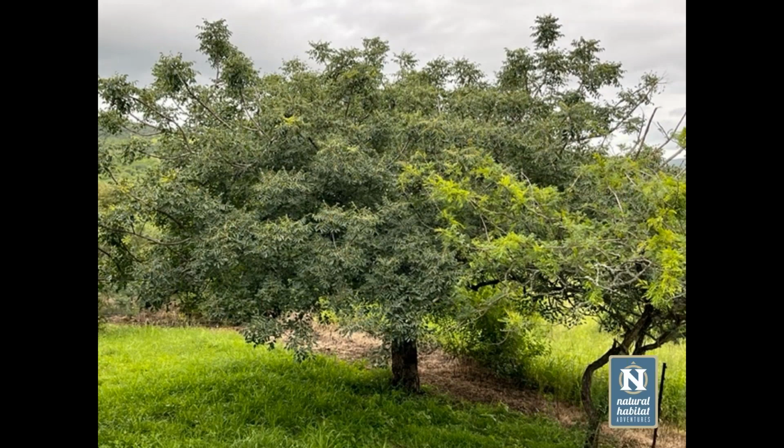So the darker of the green trees here, the light one in the foreground, that's actually an acacia tree. It looks like Vachellia nilotica. The darker green tree in the background is the Marula tree. Marula trees are what we call dioecious. That means they have separate male and female trees, and it's only the female trees that bear fruit. And this one happens to be a female tree, and I know this because it's basically outside my room,